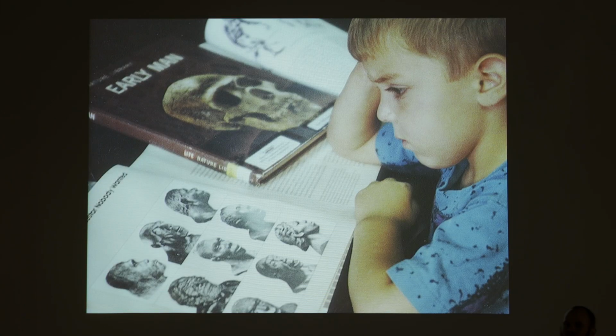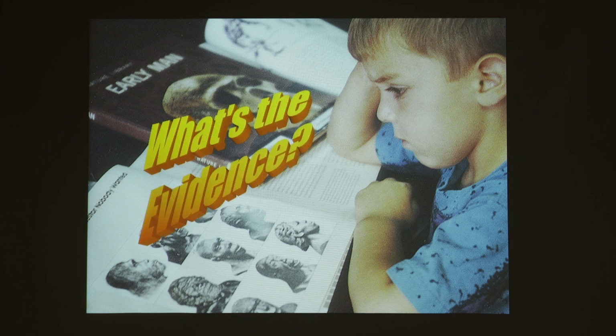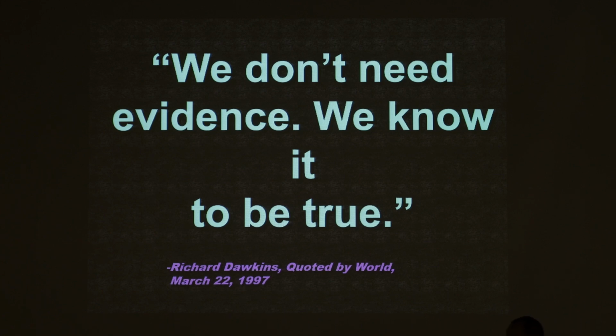So as you are seeing this great artwork, these depictions of ape men, of ancestors, of intermediate forms, what question should you ask? What's the evidence? Yes, such an important question, but not all evolutionists necessarily care about the evidence. Like the famous Richard Dawkins, what does he say? We don't need evidence. We know it to be true. Man, what a man of faith. I don't have as much faith as he does. Aren't you thankful that if you believe in the Bible, you have evidence to back up what you believe? But Richard Dawkins is saying, even if we have no evidence, we're still going to believe it. Man, he's got a lot of faith, more faith than I have.